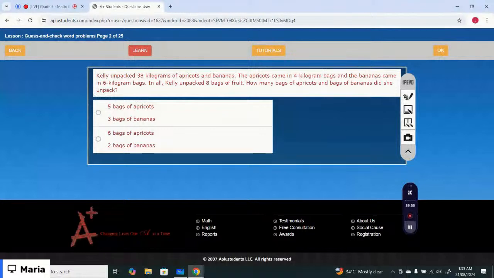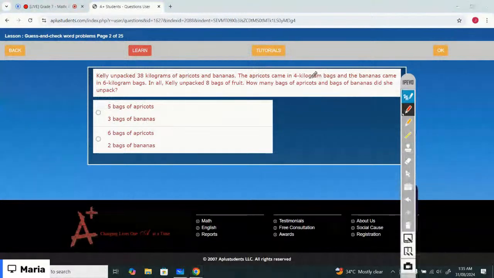Apricots and bananas. The apricots came in 4 kilograms bag and banana came in 6 kilograms bag. In all, Kelly unpacked 8 bags of fruit. How many bags of apricots and bags of banana did she unpack? Okay, so